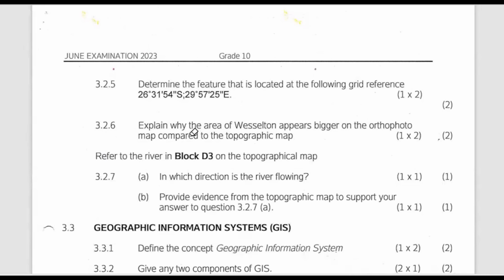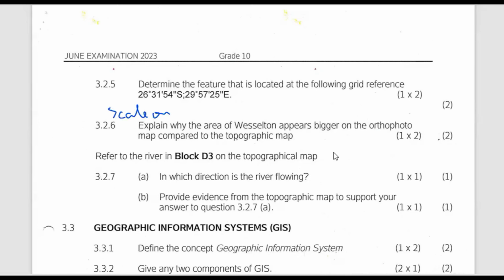Explain why the area of Wesselton appears bigger on the orthophoto map compared to the topographic map. We are comparing features on the orthophoto map compared to features on the topographic map. Orthophoto is portraying a feature as bigger than what it appears on the topographic map. The reason why it is like that is because of the scale. We are saying the topographic map is a small scale, whilst the orthophoto is a larger scale. So the reason here is scale